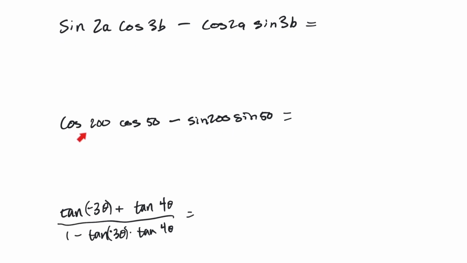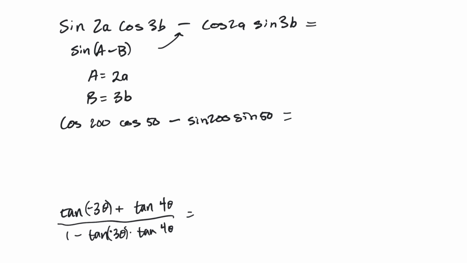In this example, you can see cos, cos, and then sine, sine. So this is clearly going to be your cosine of A plus B. And then here we're working with tangents, so it's going to be a tangent of A plus B or A minus B. We need to figure this out first so we can know what to plug in. This is the sine of A minus B, because we know that the signs are the same within sine. They're different within cosine. So the example A is going to be 2A, and B is going to be equal